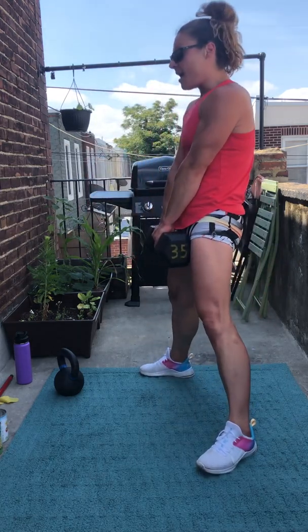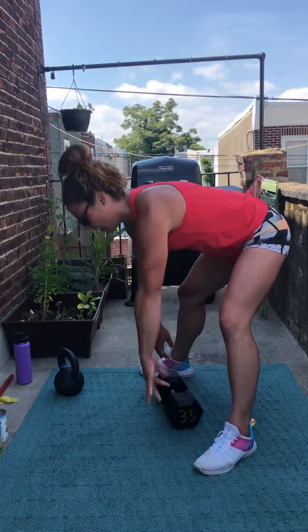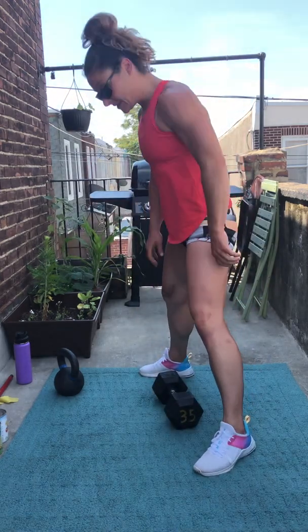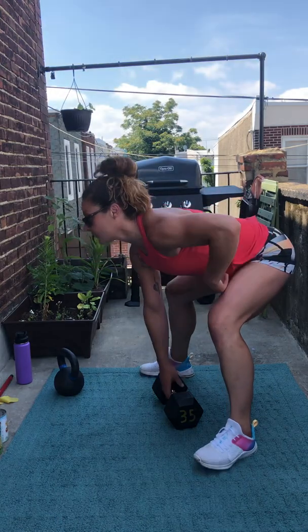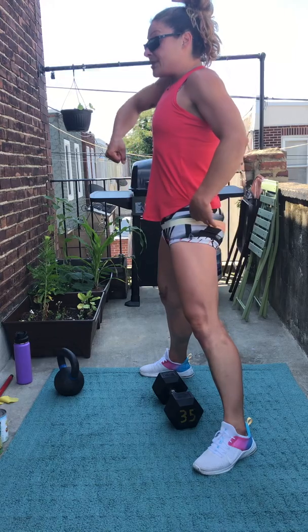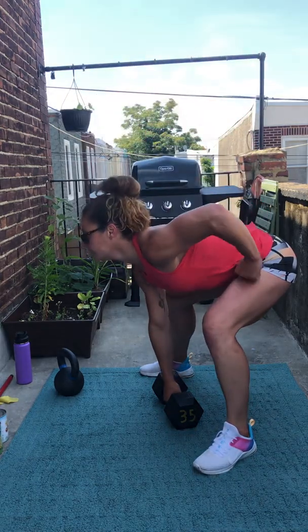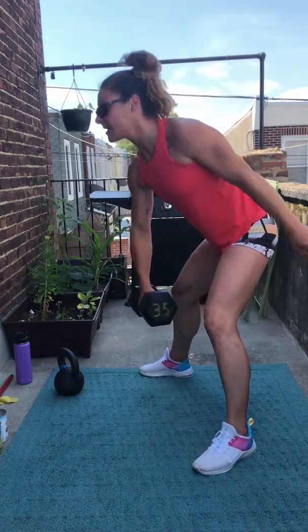And I could do 2 hands for sumo deadlift high pull, but I'd rather have a really good grip on it, so I'm just gonna do 1, alright? So sumo deadlift high pull, it's an explosion forward with the hips, and then we use the momentum from the hips to get the dumbbell up to the collarbone, alright? So we're here, back down,